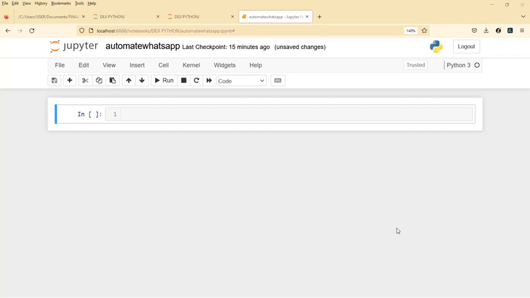In this section of the course, we'll be looking at how to automate WhatsApp. So if you want to send messages to your friends, this is how you can automate it. So let's start. The first thing we are going to do is install the library